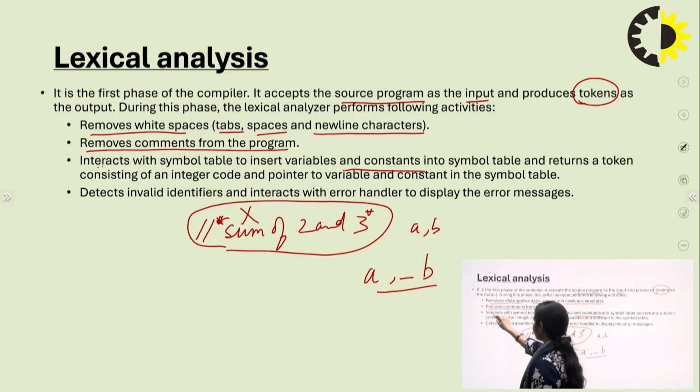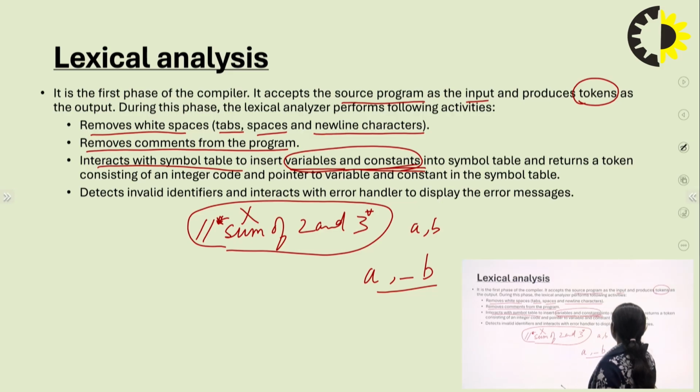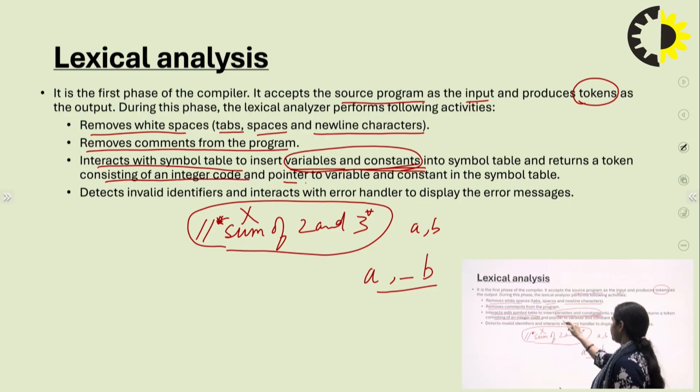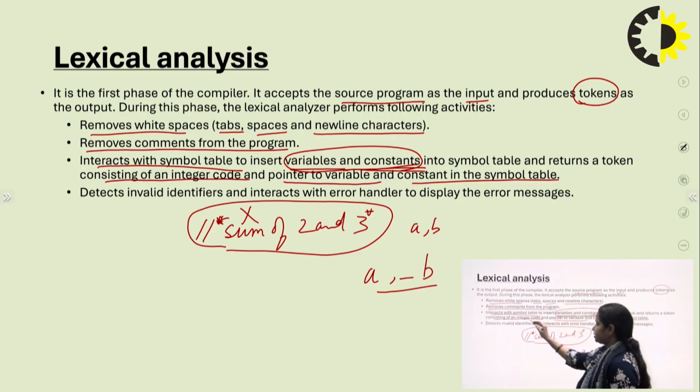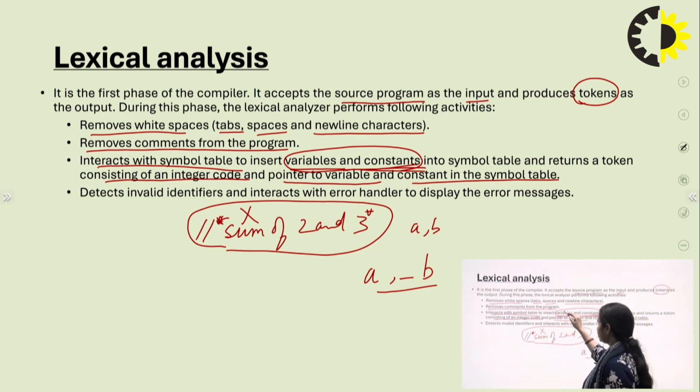It is inserting variables and constants into the symbol table and returns a token consisting of an integer code and a pointer to the variable and constant in the symbol table, right? How is it interacting with the symbol table? By inserting the variables and the constants.